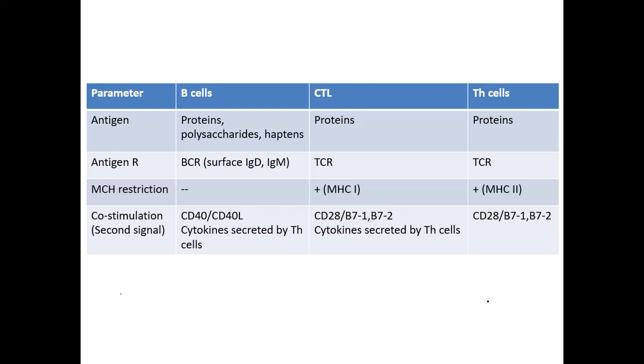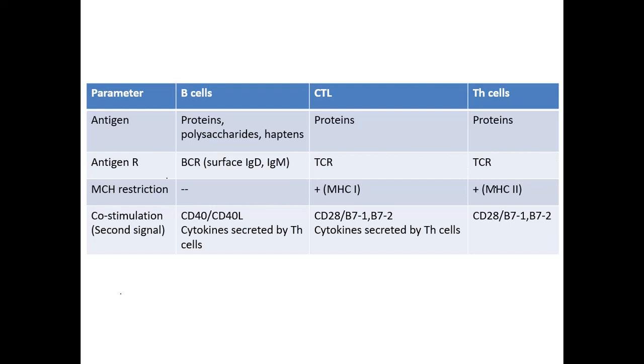This is the table of comparison between subclasses of T cells, that is the B cell, cytotoxic T cells, and the T helper cells. All the cells respond to pathogens via their specific surface receptors. The B cells do not require MHC molecules to present the antigen, but they do it directly. Whereas the cytotoxic T cell requires MHC class 1, and T helper cells require the MHC class 2